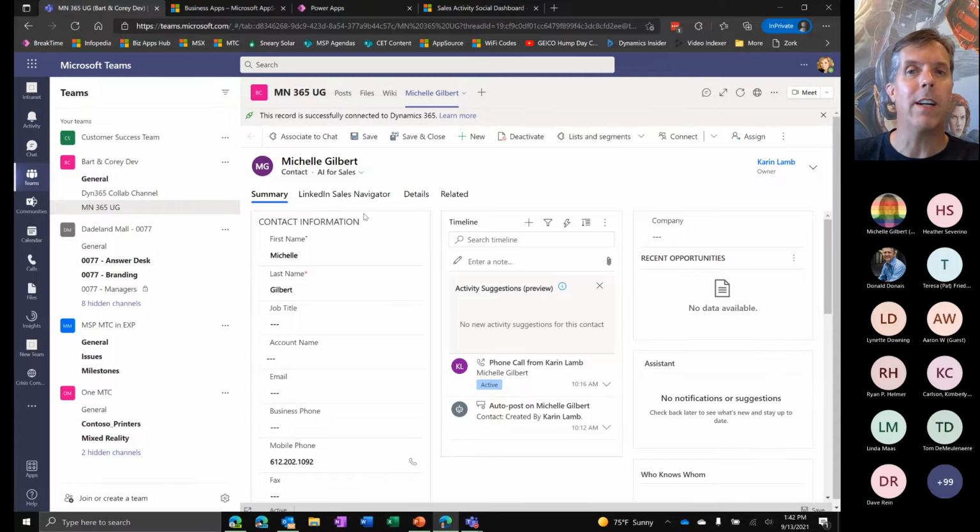If they don't want to work on it in Teams, they've got a few other things that they can do to interact with the data without leaving Teams, because this data is sitting here. And so that is a quick romp through some of the kind of user experience of what it might be like. And most of the time you wouldn't do this around a contact record. You would probably do it around a sales opportunity or a customer service case or a marketing campaign or some other object that makes a little more sense to try to work on as a team and bring to fruition, closure, whichever way you want to be looking at that. So pretty cool stuff to try to make that team centric.